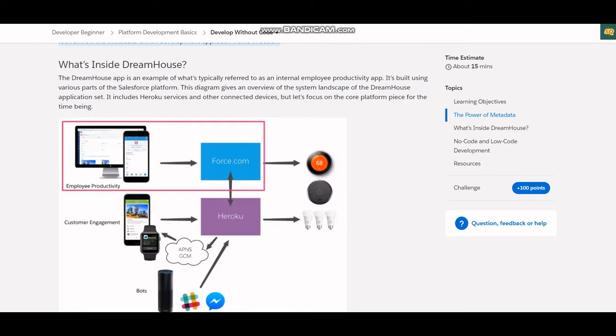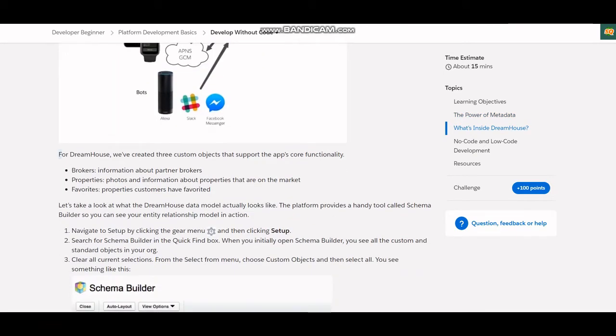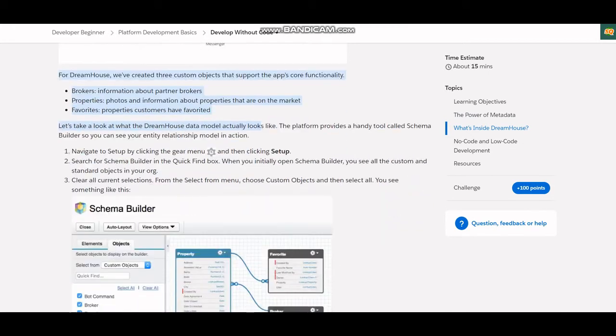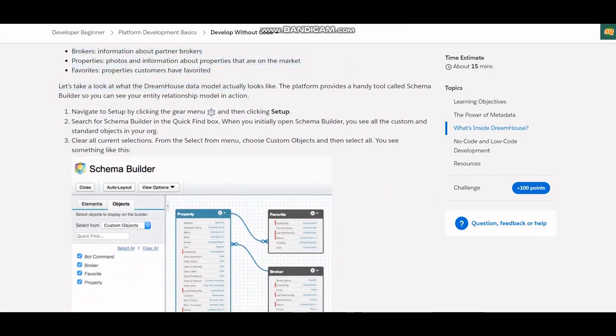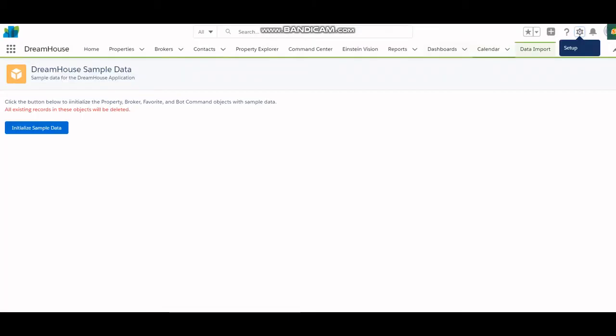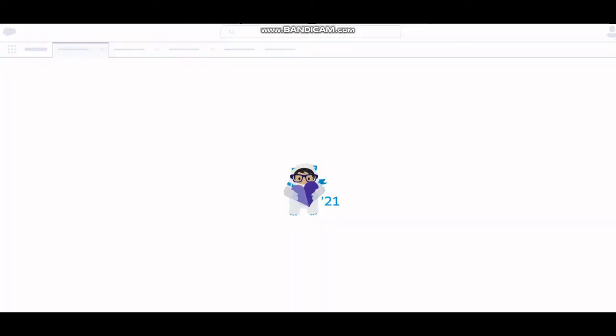Then what's inside the tree, and read this so you can understand the basic knowledge about that. After that, learn this, and that you can see here,